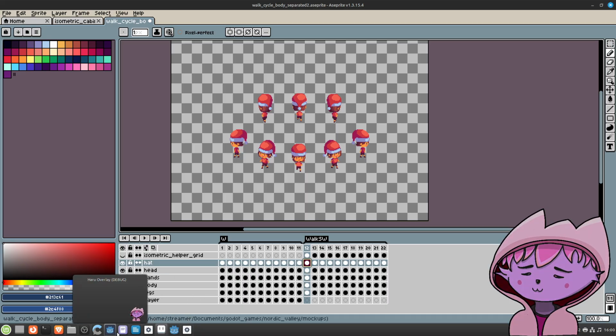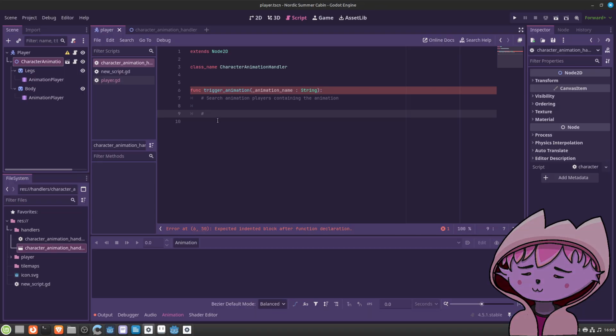So what then happens here? It finds the animations. Like there is idle animation.